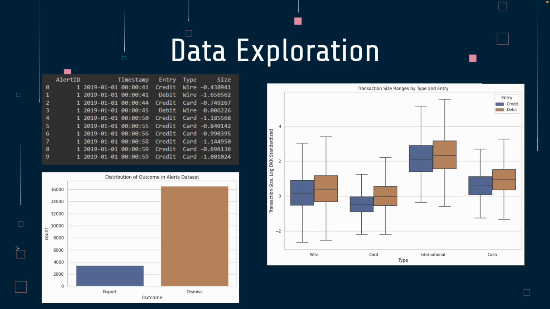But what's not shown here is very low sampling within our data. And you can see that the scale or the measurement of the size has already been transformed using log DKK, which helped pre-processing and primarily served as a way to protect confidentiality as well.